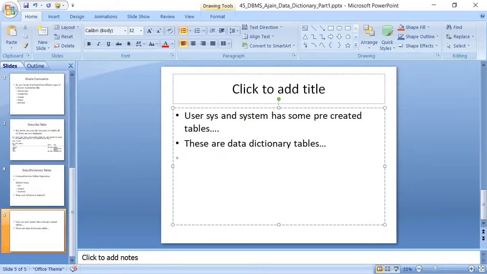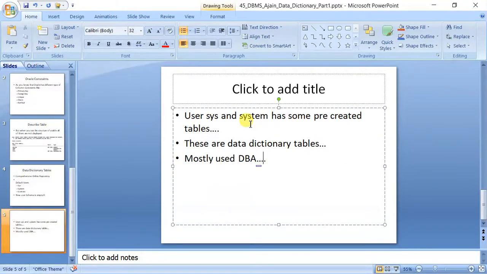They are used for different types of purposes, like performance tuning, system management, upgradation, and they are basically used by the DBA for day-to-day activities of the database: to monitor it, to maintain it, to fine tune it, to optimize it. Mostly used by the DBA. So we will learn about some of them.